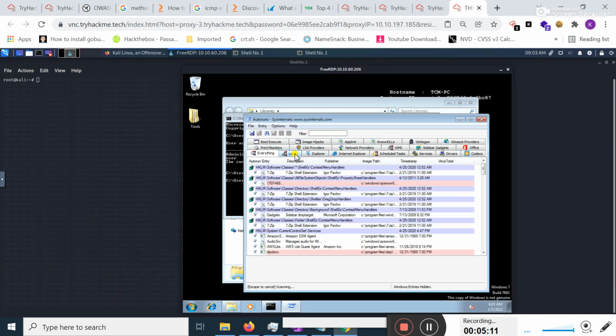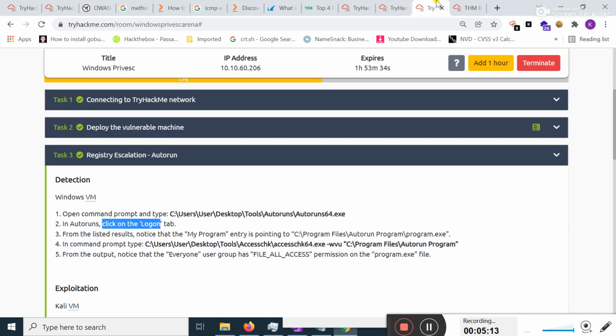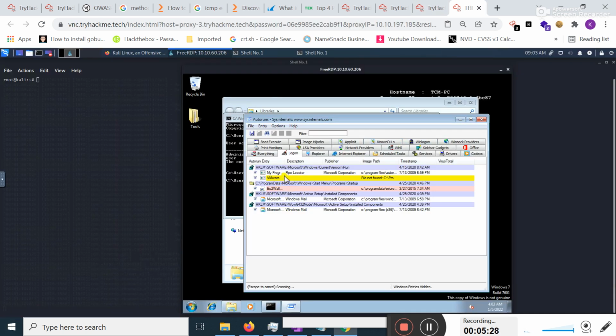Okay, when I click on this tab, that is Logon, from the listed results, notice that the My Program entry is pointing to this path. That is C:\Program Files\Autorun Program\program.exe. Let me show you. If I click on My Program, you can see below its path is present.